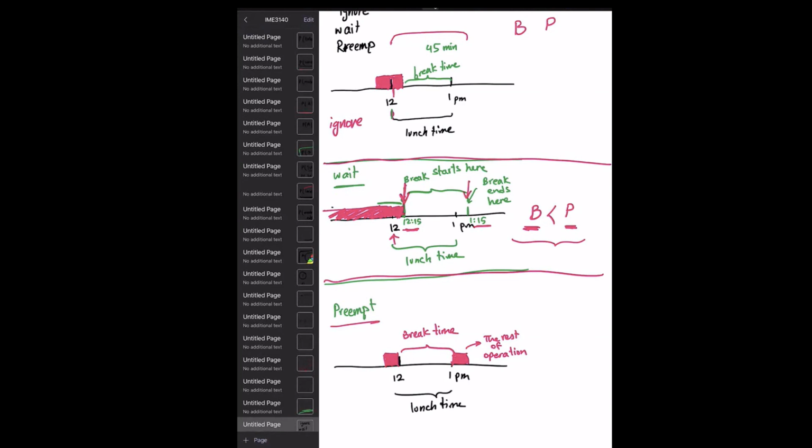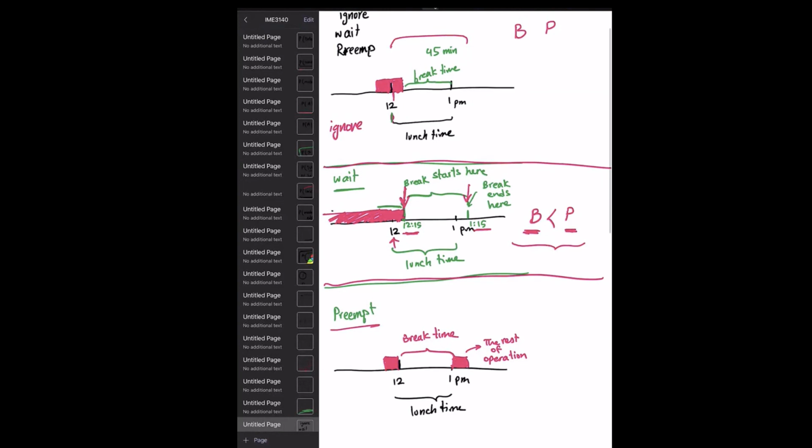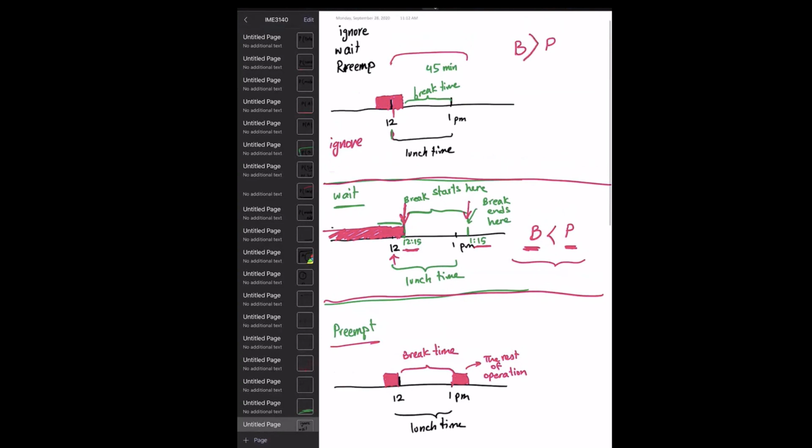Okay, so in those scenarios we usually use the wait option, because we don't want to cut those little break times that the resources have. We want them to use the whole break time. So in those scenarios we use the wait. However, if the break time is a lot larger than the processing time,